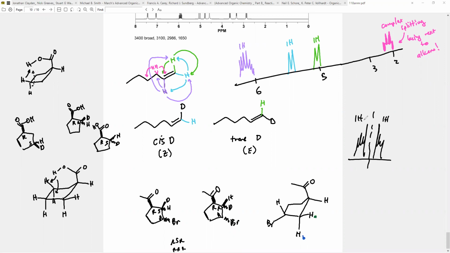Maybe this 1H is HA and this is HB, right? It would depend: one of these H's would be HA, one of them would be HB, and you can see that the shift is slightly different depending on their interaction. I actually always forget this all the time, but usually the rule of thumb is that the one that's closer,